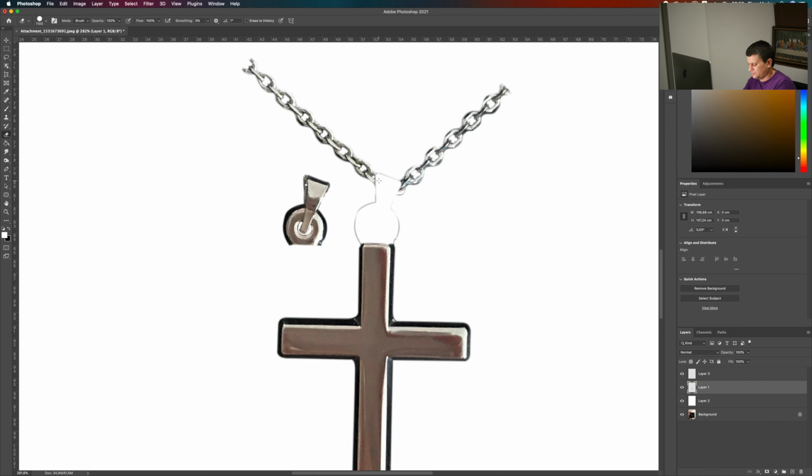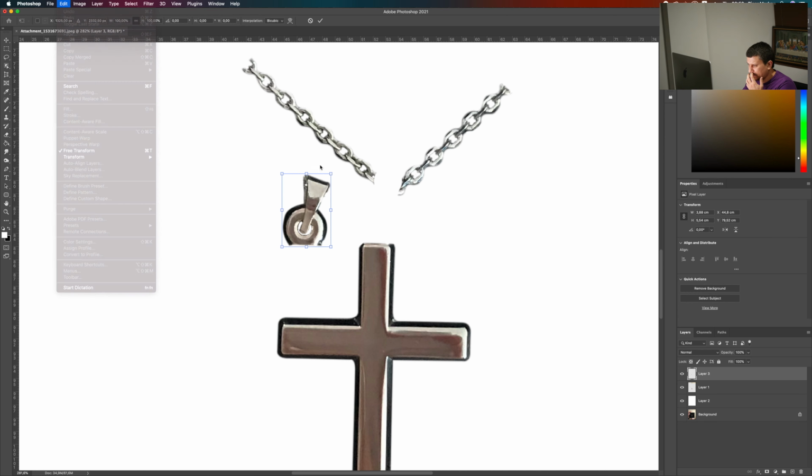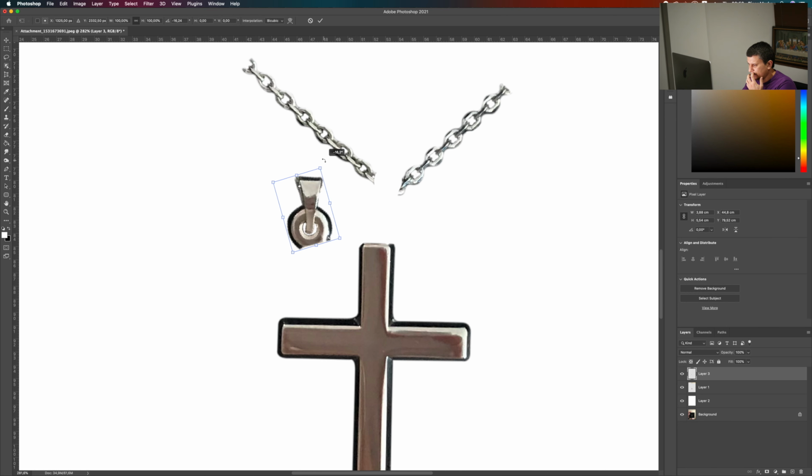For this layer, with the eraser tool, let's erase these parts. Like this. Select the layer, press Command or Control T, or go to Edit and then Free Transform, and let's straighten it.